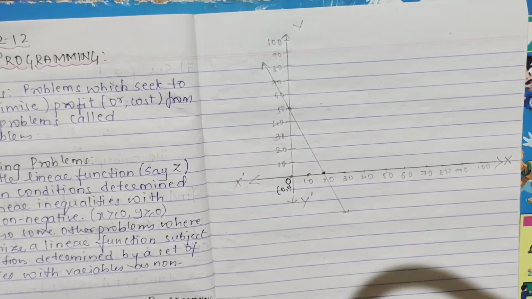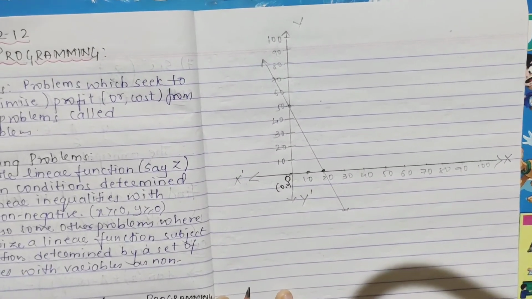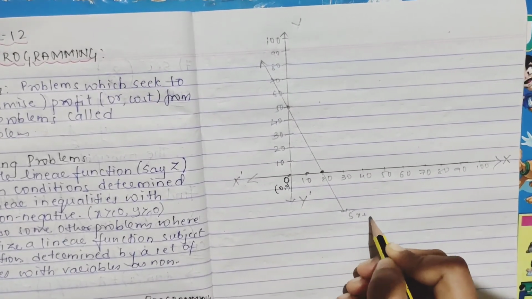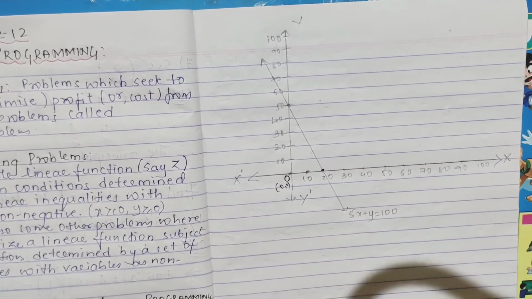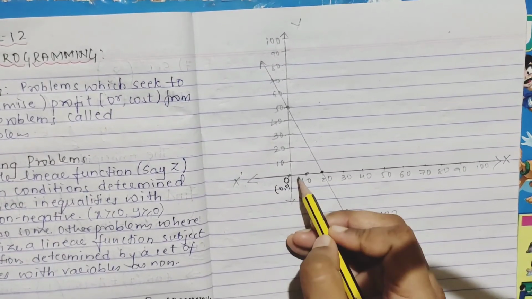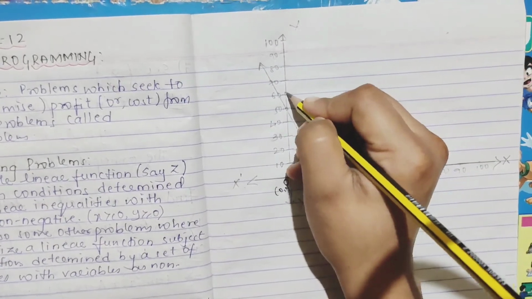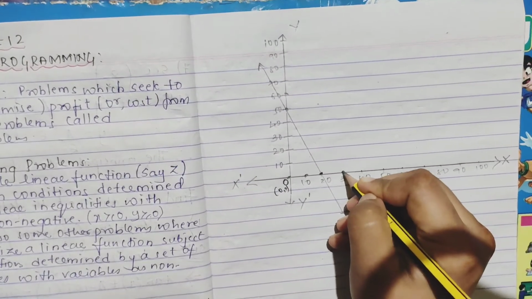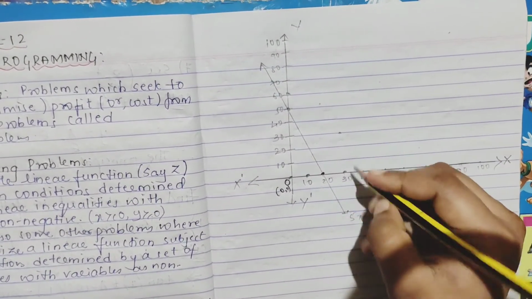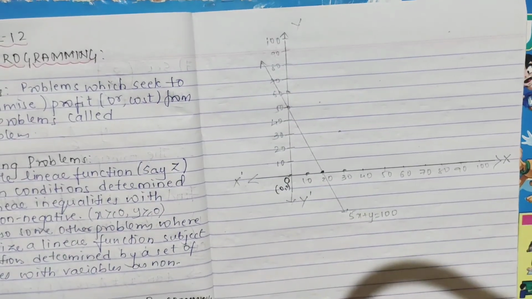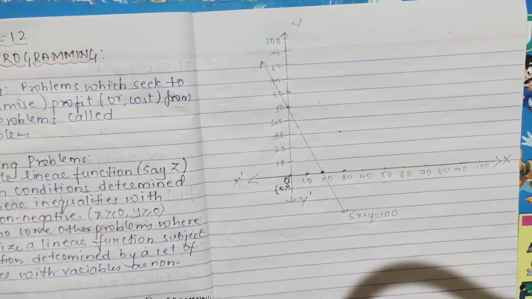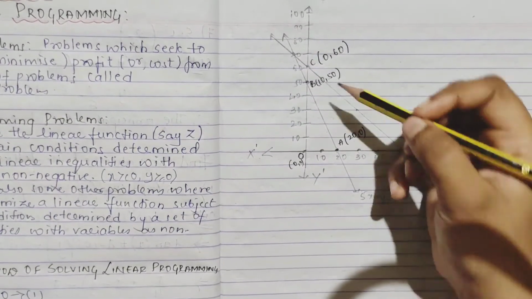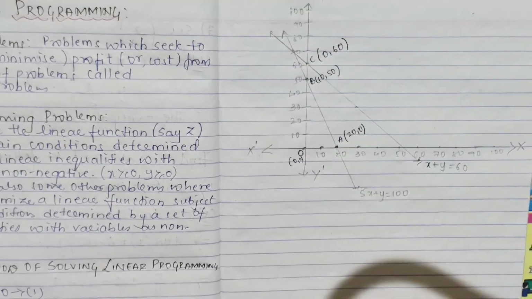Now your second plot. Which is your line? You write here 5x plus y is equal to 100. Now x plus y is 60. When x is 0, y is 60. One point comes here. Second is when x is 30, y is 30. So one line you get in such a way. Okay, so like this you'll get a graph. You just have to get a straight line, just consider your points and do it.